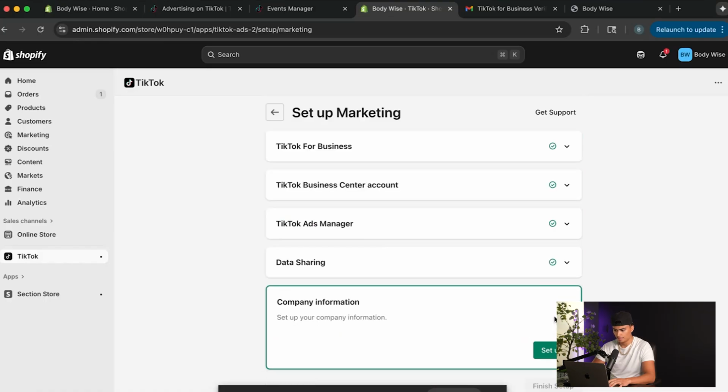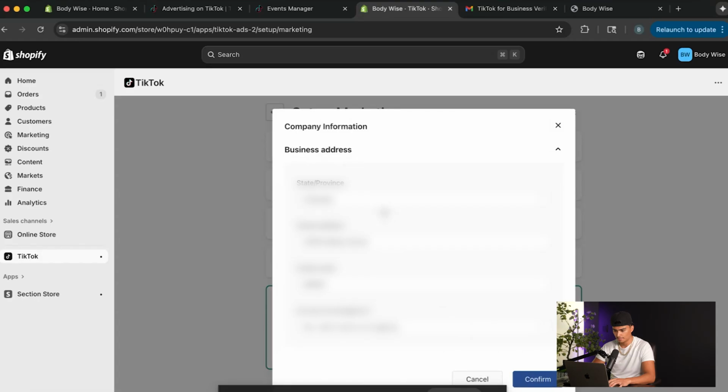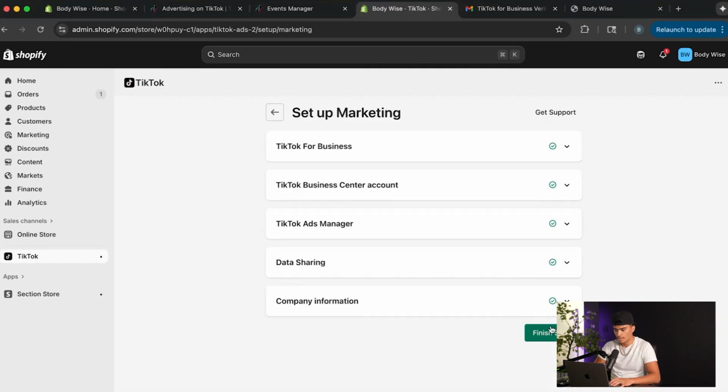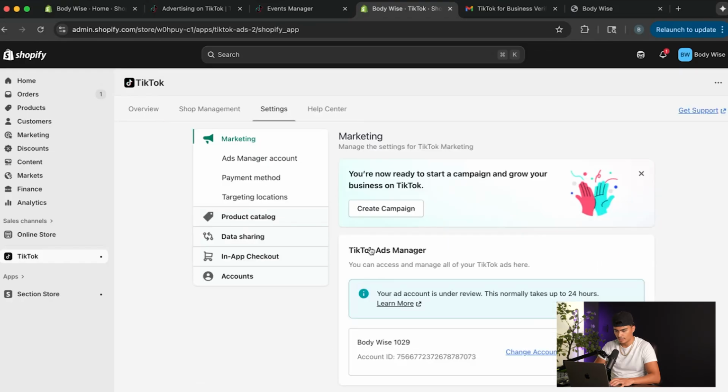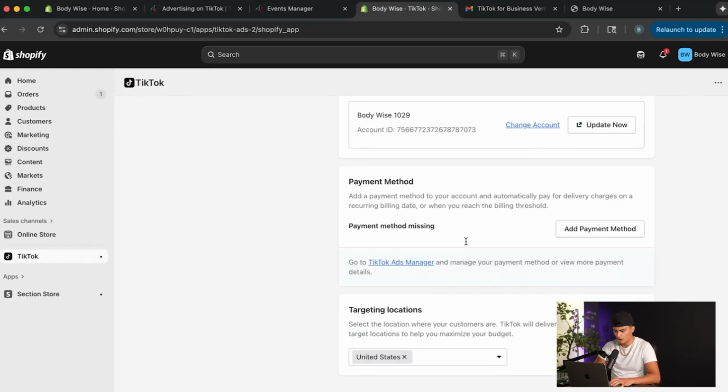And then for the company information, we could go ahead and click set up. And then I'm just gonna go ahead and add our company information. And then once our address is fully filled out, then we'll just select confirm. And then we'll select finish setup. And boom, just like that, if we head over to the settings tab, we should see all of our information